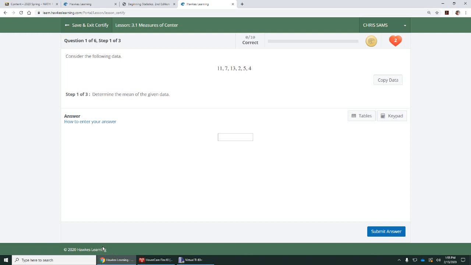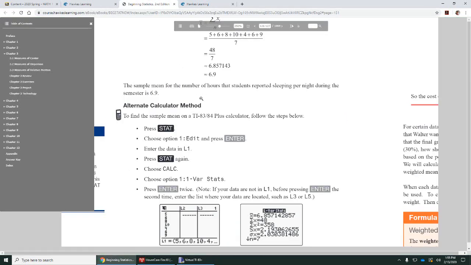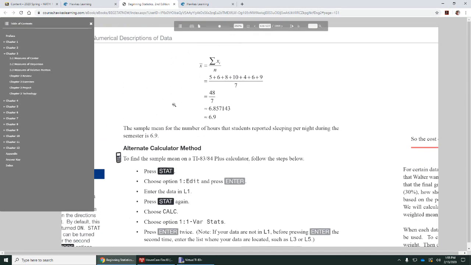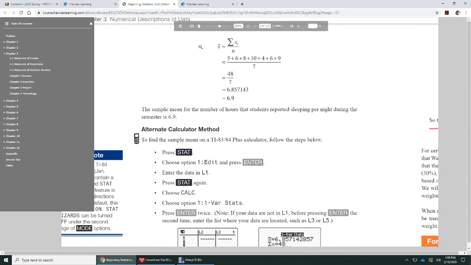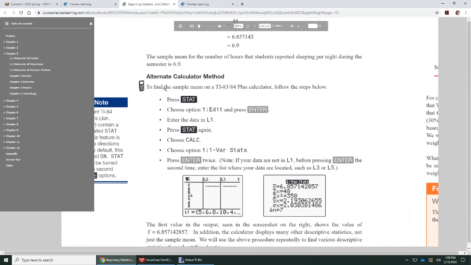We don't want to focus too heavily on mathematical calculations. We really want to focus on interpretation and just being able to evaluate them. So I'm going to point you to the textbook. All of these steps are going to be found in the textbook. I am currently on page 126 of the online textbook, and it has this list of steps that I'm going